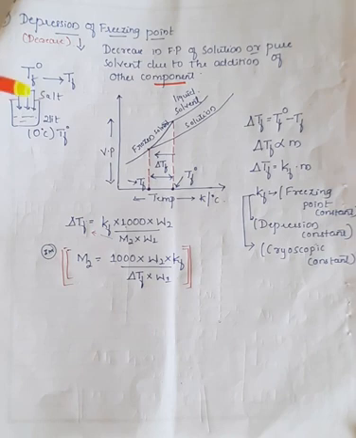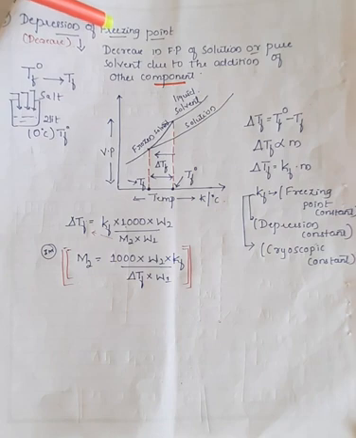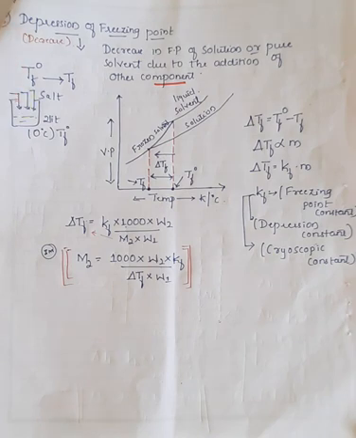So here, if I take a container and add water to it, here I have taken 2 liters of water, and we know we are talking about freezing point, which means the water will convert into ice. The normal freezing point of water is 0 degrees Celsius, right? The normal freezing point of water is 0 degrees Celsius. So here, due to the addition of any kind of solute molecules, the freezing point decreases further, which means initially it has some value, and due to the addition of solute molecules the value has been reduced. That condition is called depression of freezing point.